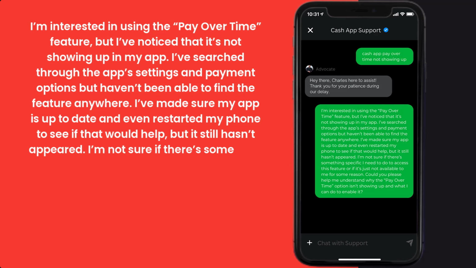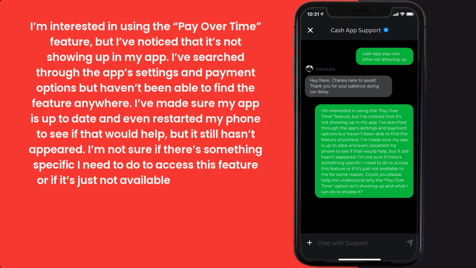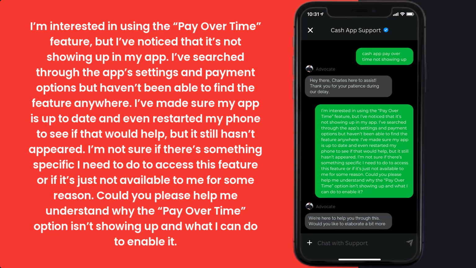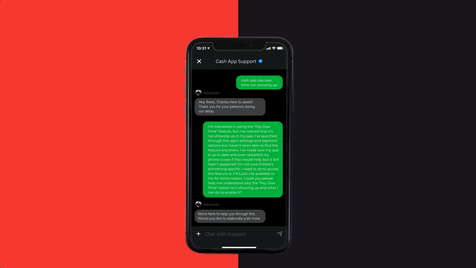I'm not sure if there's something specific I need to do to access this feature or if it's just not available to me for some reason. Could you please help me understand why the Pay Over Time option isn't showing up and what I can do to enable it?" Hopefully, the Cash App customer representative will help you fix Cash App Pay Over Time feature not